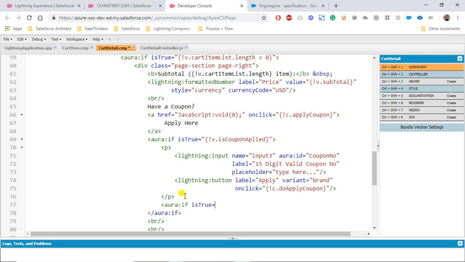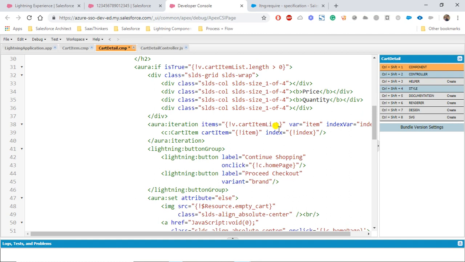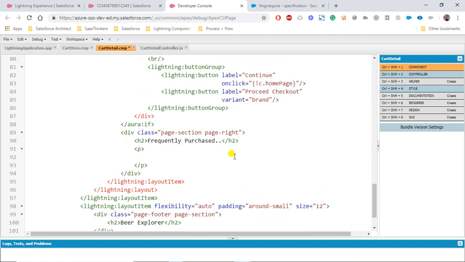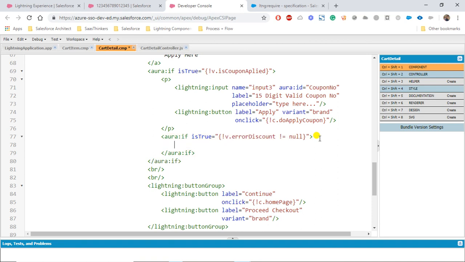That means if v.errorDiscount is not equal to null, that means there is some error, we will be displaying this value,